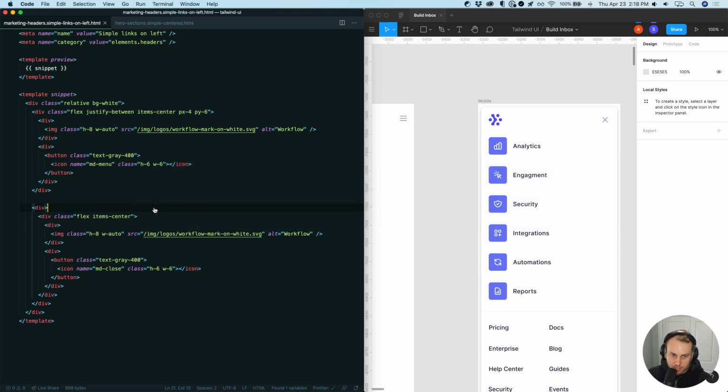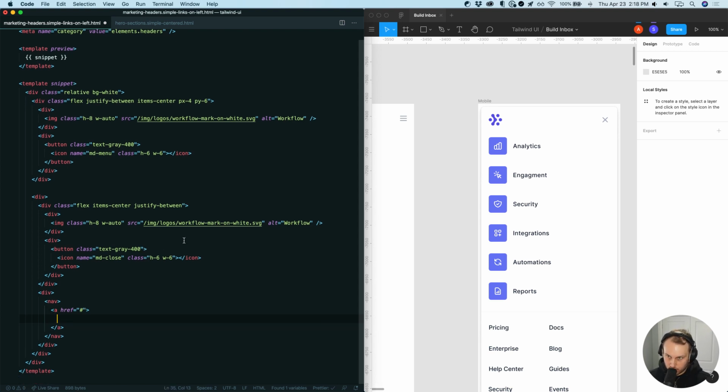So let's just get some of this other stuff in here. We're going to have justify between here. We're going to have to think through how we want to do the padding and stuff. We'll figure it out though. So I'm going to have a div here. Probably this will be a nav with a bunch of links that go to nowhere. And inside each one, we're going to have